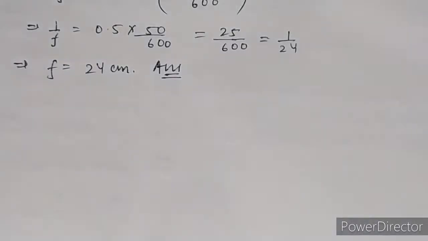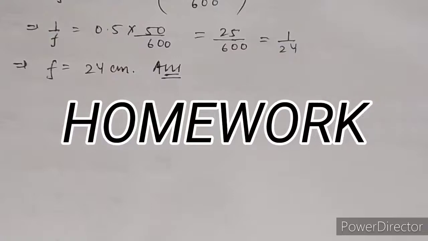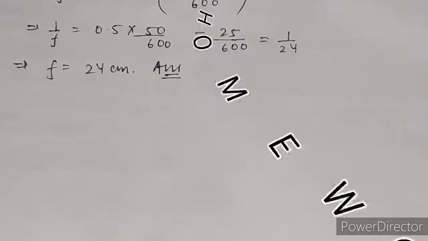This formula is used when only the refractive index value is given, and if two different refractive index ratios have been given, then we have to put the first formula, that is n2 upon n1 minus 1. Clear? Okay. Now this is about the numerical portion. Now I am going to give you some questions that you have to solve at home as your homework. Okay, just try to solve those numericals at home.